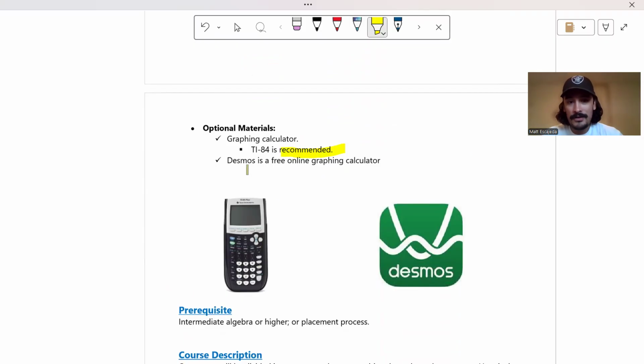Recommended, you could use Desmos. It's a free graphing calculator app. You can download it on your phone. It looks green like this. So you're going to need those for homework and for quizzes and exams, but